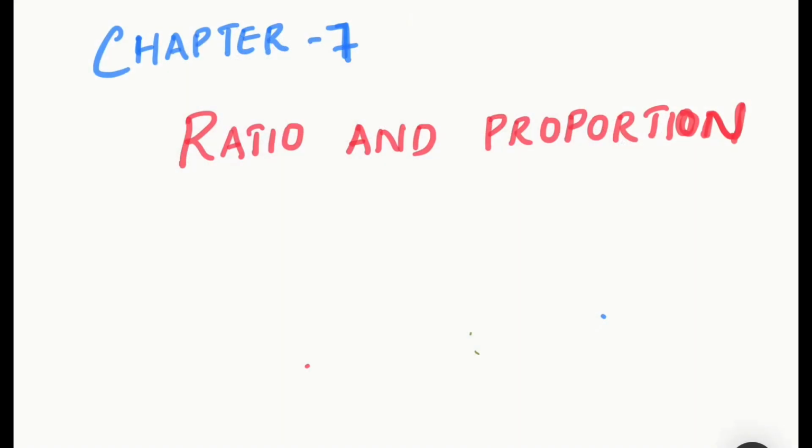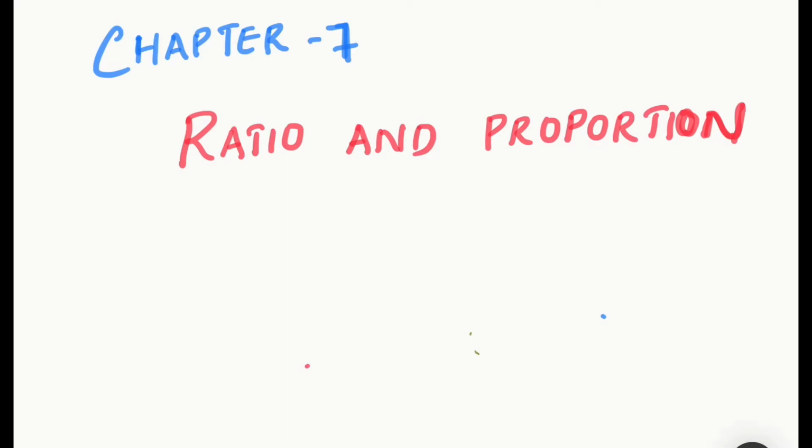Students, today we will be starting with chapter 7, ratio and proportion. Okay, so it is on page number 80 in your textbook. Now, going through our syllabus, we will be starting with the topic proportion. Ratio and proportion is known to you since your 6th standard, so we will go through proportion in detail. Okay, so coming to page number 88.